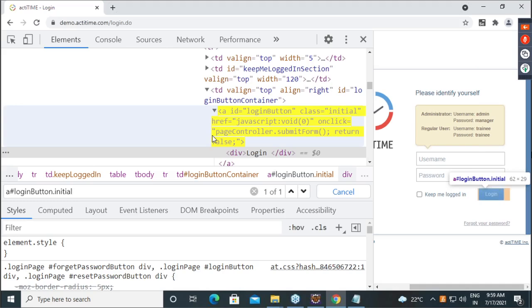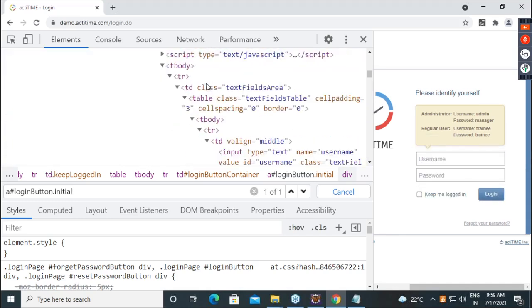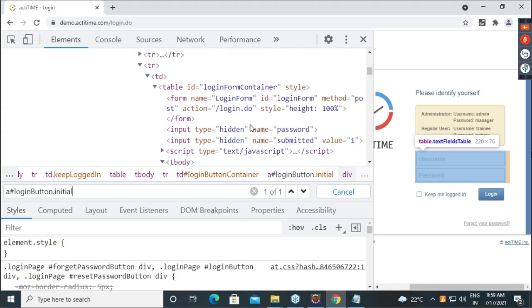Now try to understand what I am saying. Assume, I just want to give you one example. Let's say I am on the table. Where is my focus? Table.